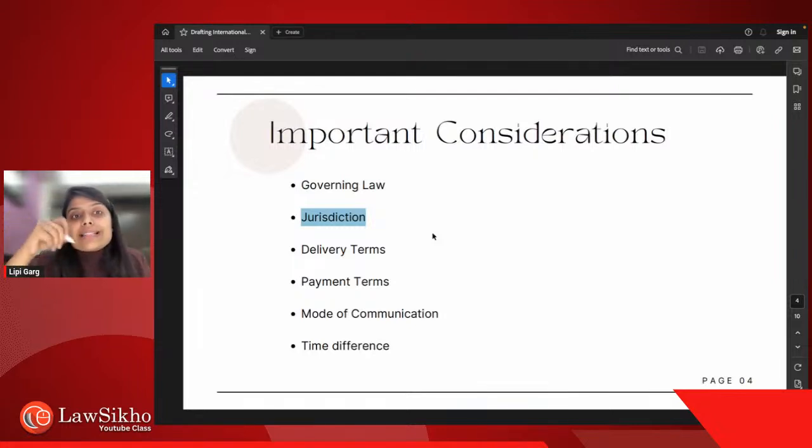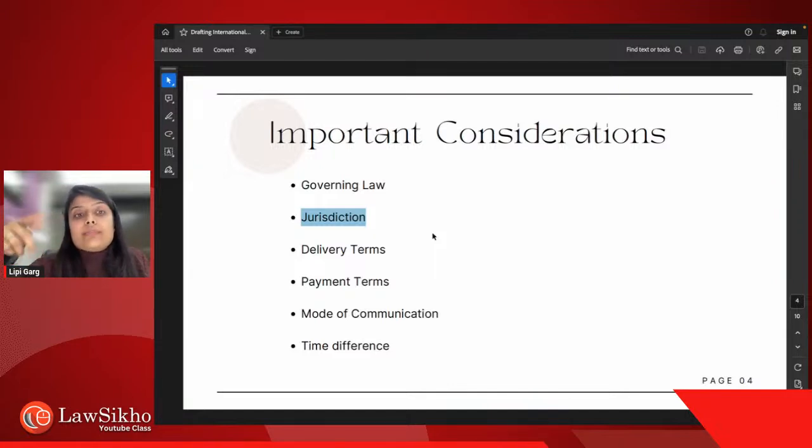And of course, as I mentioned in governing law also, if nothing is written, let's say the jurisdiction clause is missing in the contract by any chance, then the rules of private international law will apply. So private international law ke rules say, there are 4 theories in private international law that deal with the jurisdiction part of things. I will tell you 2 theories that are the most important and relevant for this particular session.